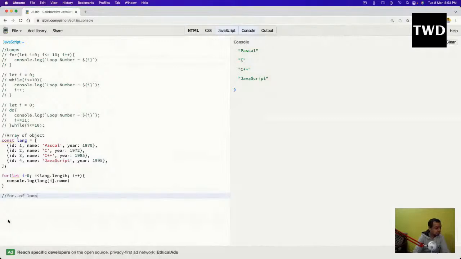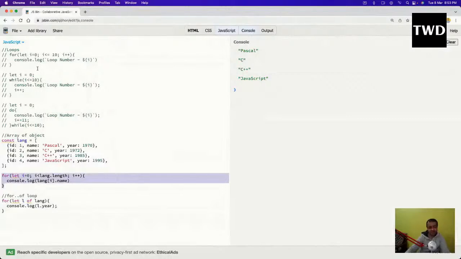For let L of lang, console.log L.year. Internally it works like this only, but as most people find this loop very complicated and lengthy,